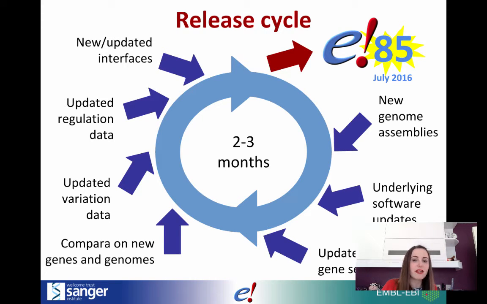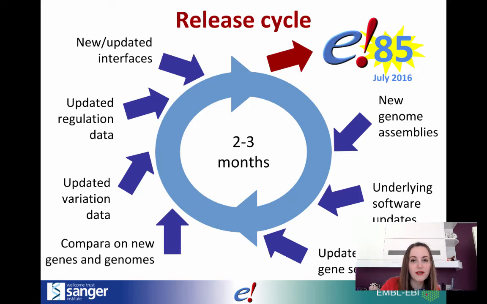And the main benefit is that everything becomes traceable. So when you find data in Ensembl, if you note down in your lab book which release you got it from, then if you go back to that data in 6 months' time, you can check not just the current version of the data, which may have changed, but also the older version of the data, and you'll know which version to look at.